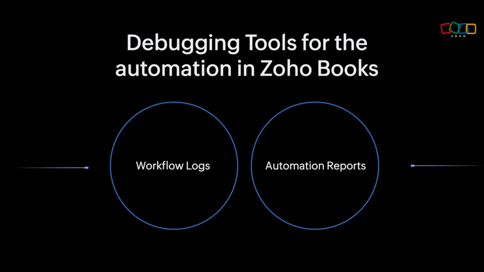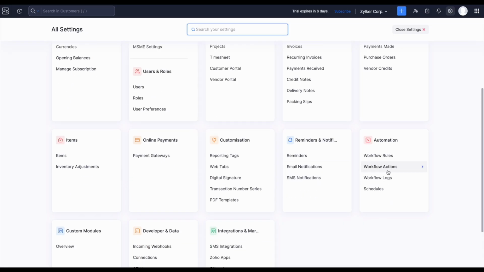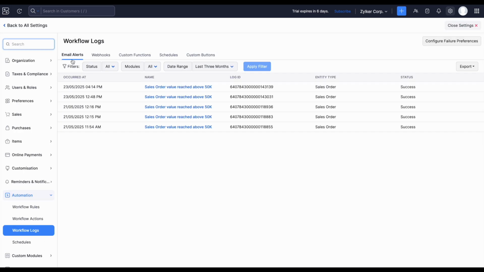And whatever automation we configure within the system, we also have to keep track of whatever automation is getting triggered, right? So for that, we have the workflow logs. Workflow logs can be navigated by going to the settings and then workflow logs, where you can check if the email alert has been triggered,